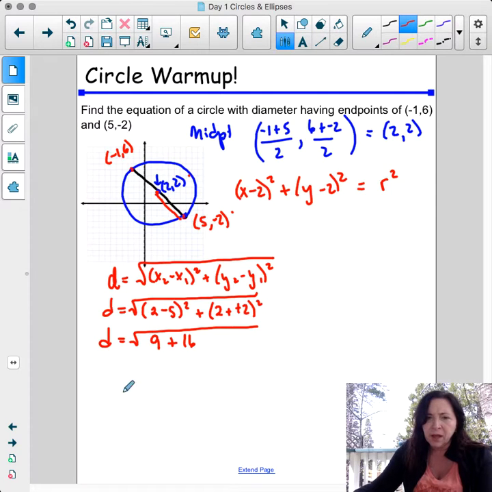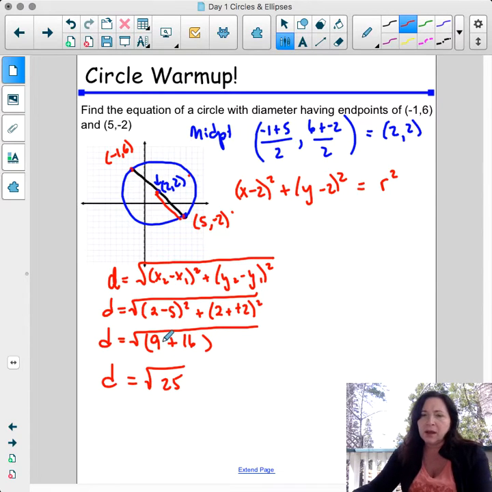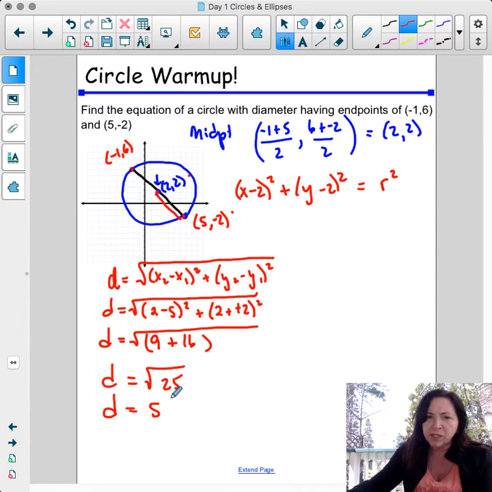So we have the distance is equal to the square root of 25. Remember, always add these two numbers first. Do not take the square root of those separately, because that's not correct. So the distance between those 2 points is 5, which means that my radius is 5, which furthermore means that